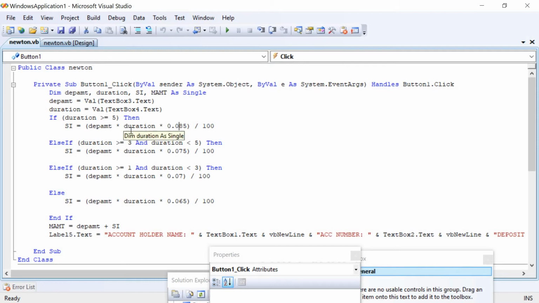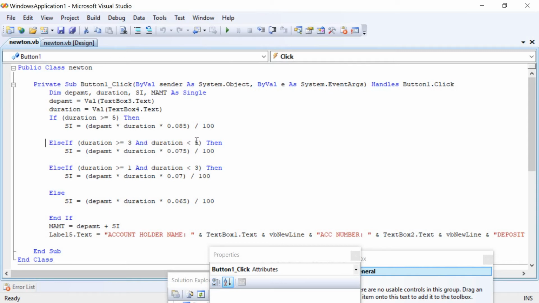Right? Think that if duration is below 5 years but above 3 years, then comes the second condition. Else if duration is greater than or equal to 3 years, and that is logical And, in case of logical And, two conditions have to be true, only then the result will be true. If any one condition is false, the result of the And will be false.